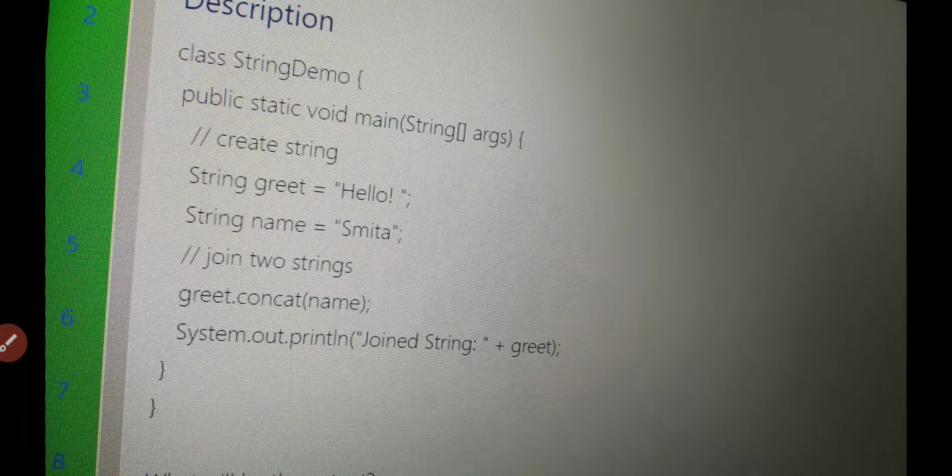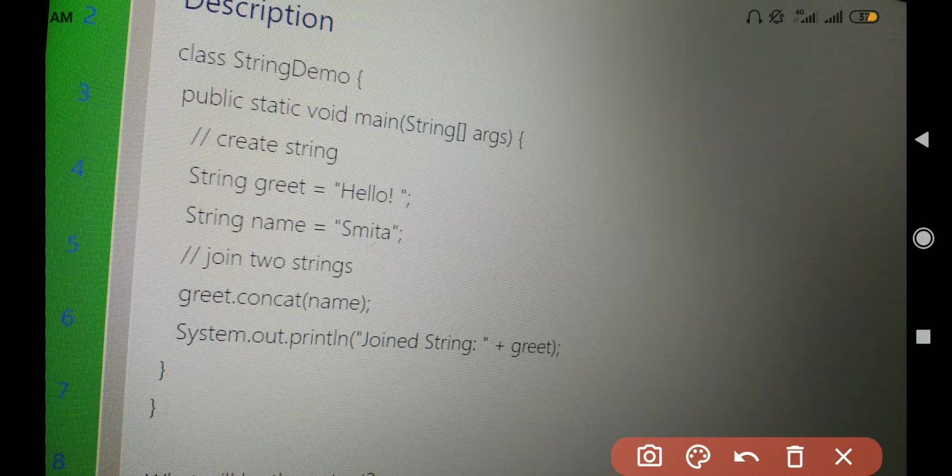Whenever you are tracing any code, first make sure that you check out the main method. If the main method is proper, then okay, otherwise it will directly throw a compile time error. So always check for the main method, then only proceed with the code. Otherwise you will waste time on all the lines, and at the end you notice that the main method is not good, so it is going to throw the compilation error. That's why it's an efficient way to check the main method before you start tracing the code.